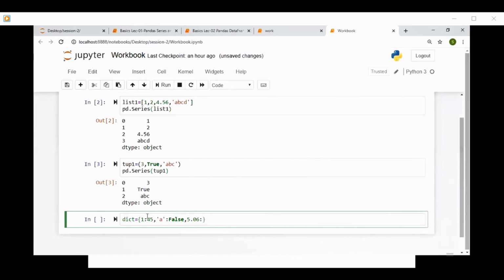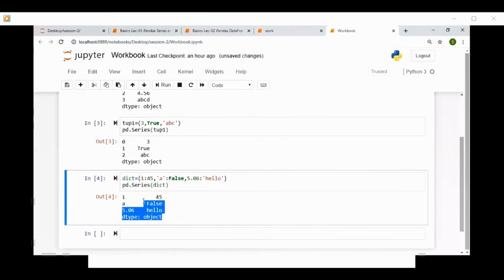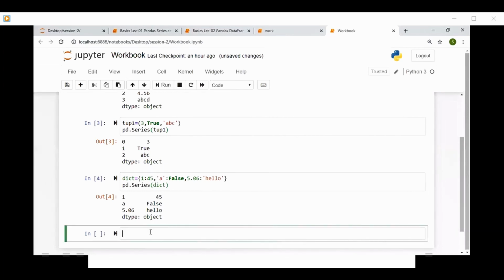Value is say hello. I will pass the dictionary to it, and you have got the series. As you can see, here the indices 1A and 5.06, these are nothing but the keys present in the dictionary, and the data 45, false, and hello, these are nothing but the values of the respective keys present in the dictionary. I hope everything is good up till now.